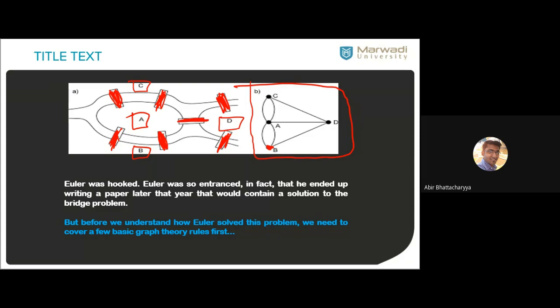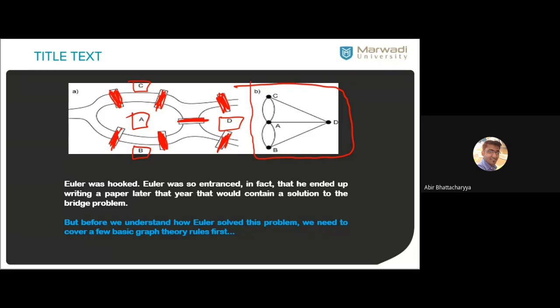Is it possible? Theoretically, it is not possible. Because if you start walking from B, let's say, and also cover all bridges, means B to D, D to A, let's say A to C, then C to A, A to B, then B to A. Now you are blocked. One bridge is still left. So that was the problem that appeared at that time, and Euler started solving this problem and he failed to solve it because it is not an Euler graph.